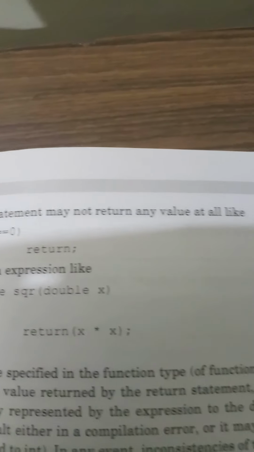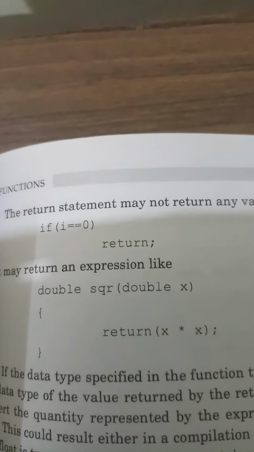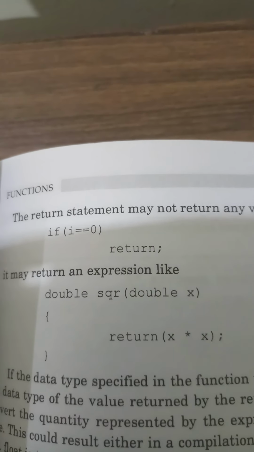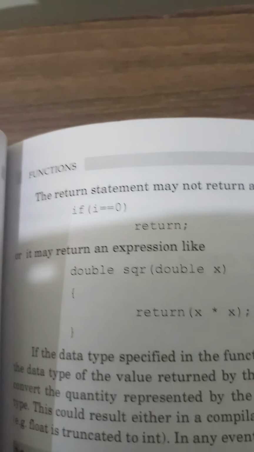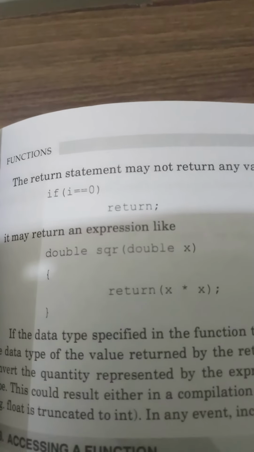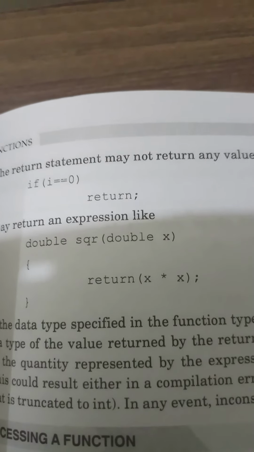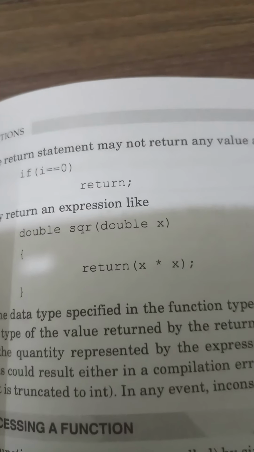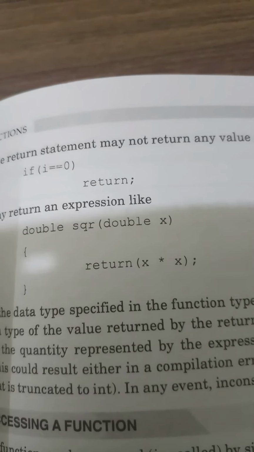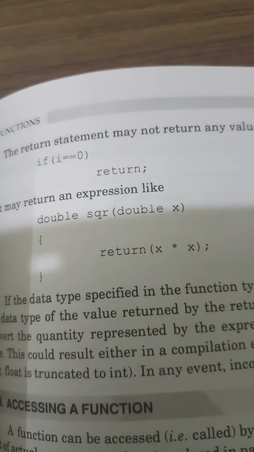The return statement may not return any value at all, like if i equal 0, return; or it may return an expression like double square(double x) { return x * x; }